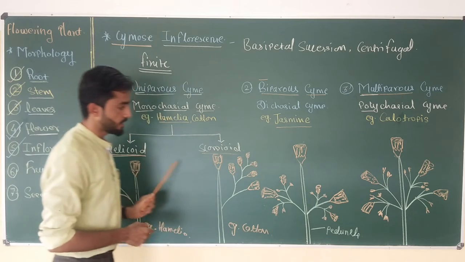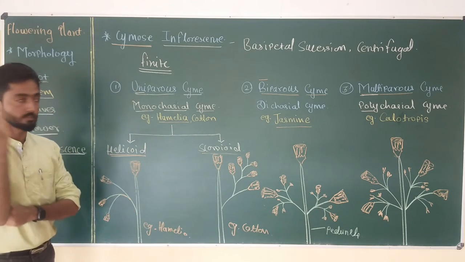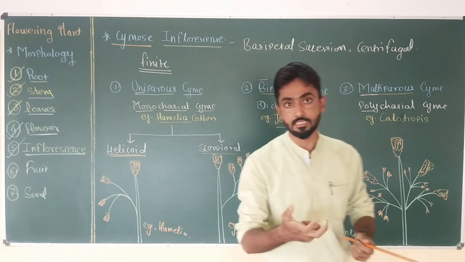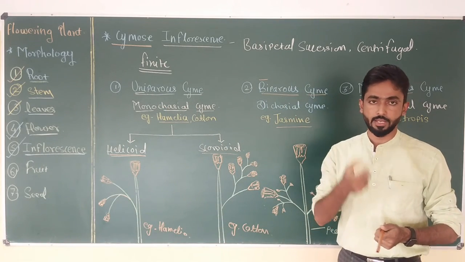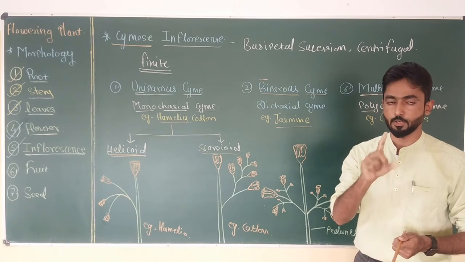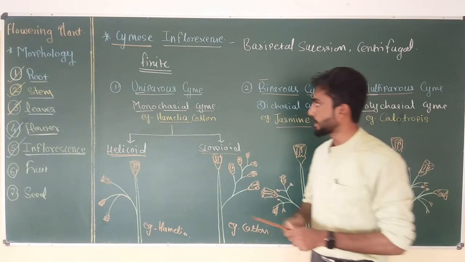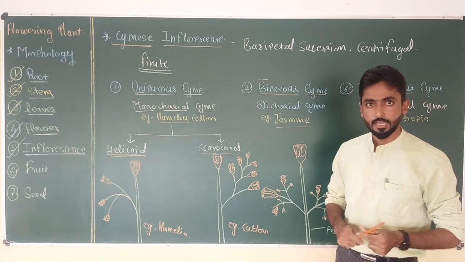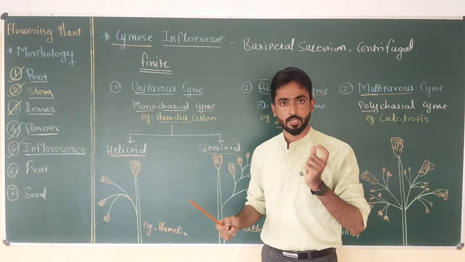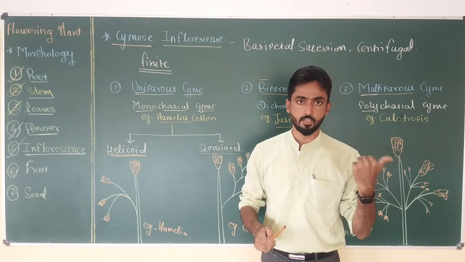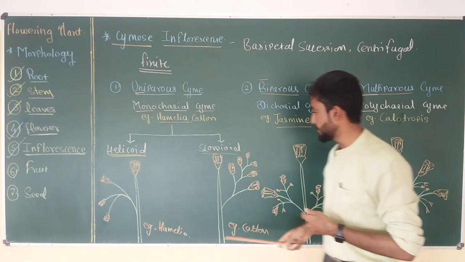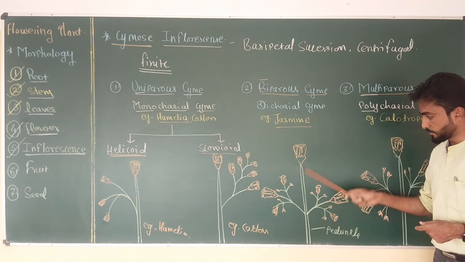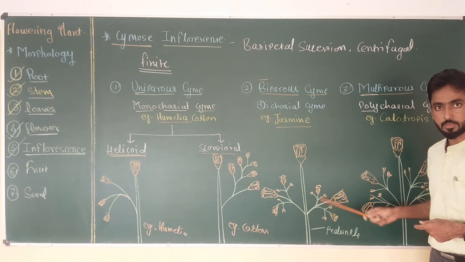So this is all about the three different types of cymose inflorescence, and this classification is on the basis of the number of sub branches originating from the main axis or from the peduncle. If the peduncle produces a single branch every time, it is called uniparous, which is again divided into two subtypes, that is helicoid and scorpioid. In case of helicoid, all other branches are produced on the same side, either on the right side or on the left side of the main axis. Now in the second type, that is biparous or dichasial, two branches are produced from each previous axis simultaneously,